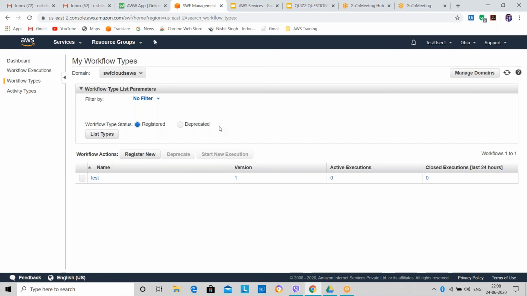So for SWF activity, for example, I have configured data from S3 to transfer to some other location. Okay, take this example: S3 to Glacier, archiving the data from S3 to Glacier.